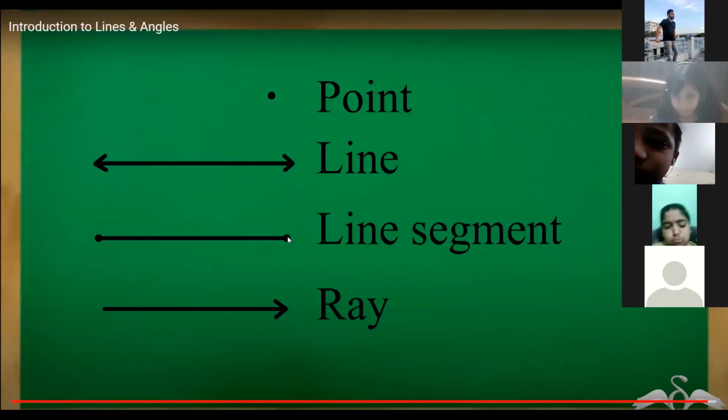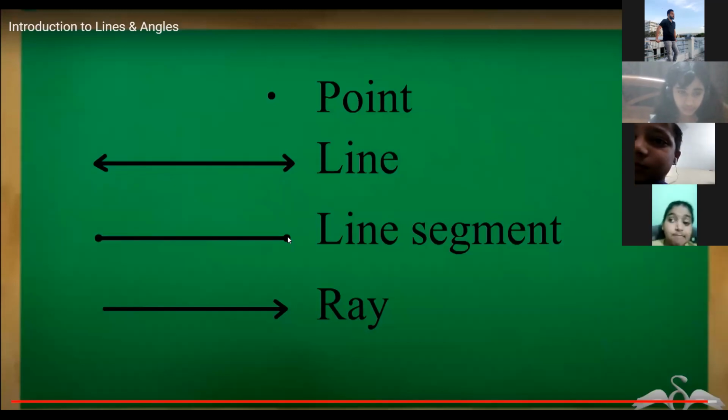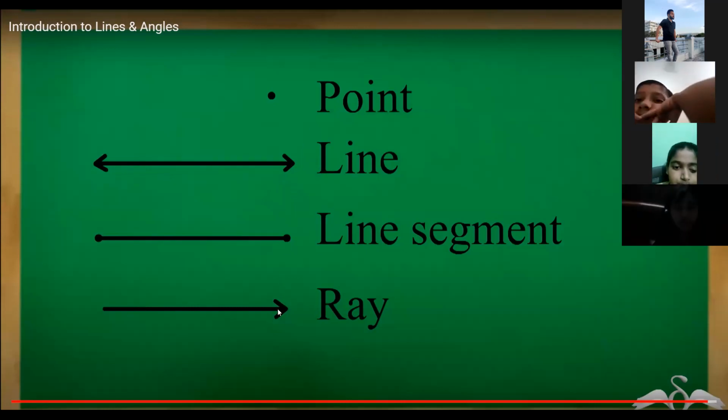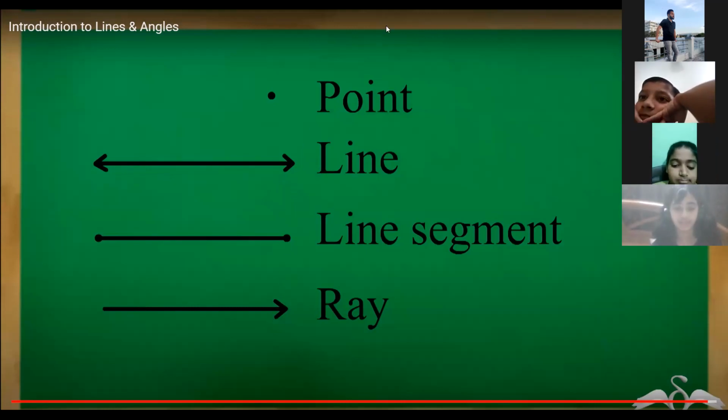And what is ray? रे एक साइड में प्रोड्यूस कर सकते हैं, एक साइड में उसका एंड पॉइंट है, मतलब एक साइड में आप प्रोड्यूस नहीं कर सकते, दूसरे साइड में आप प्रोड्यूस कर सकते हैं. जहां पर एरो बनाया उधर साइड से आप प्रोड्यूस कर सकते हैं रे को. So this is a ray, last one. Okay, so point, line segment and ray. I hope everyone has understood the concept of point, line segment and ray. Everyone, with the help of this story,